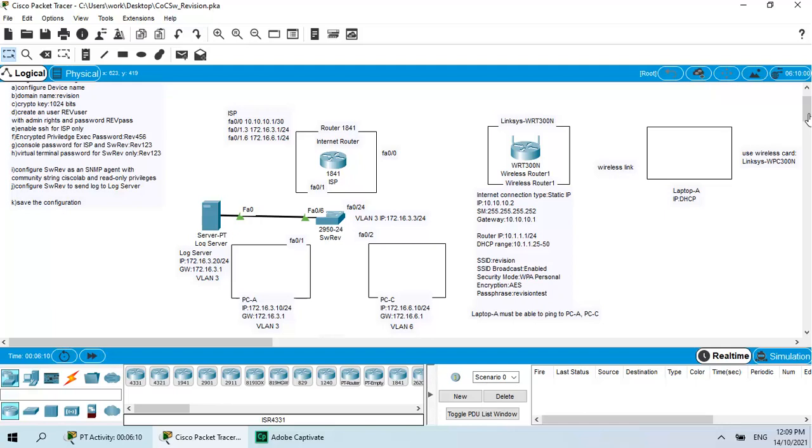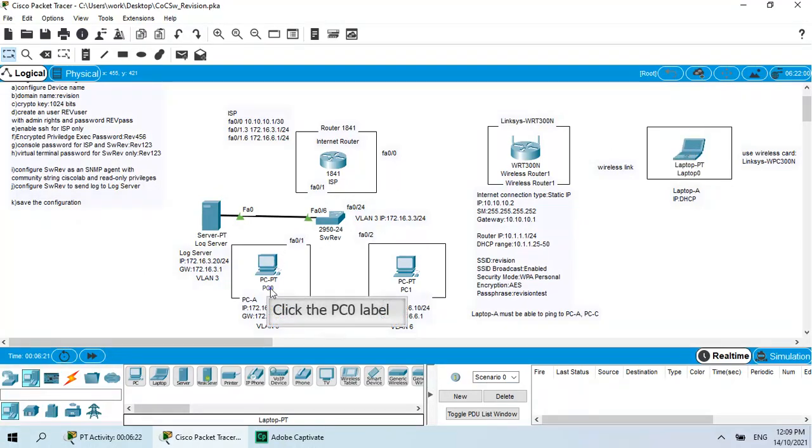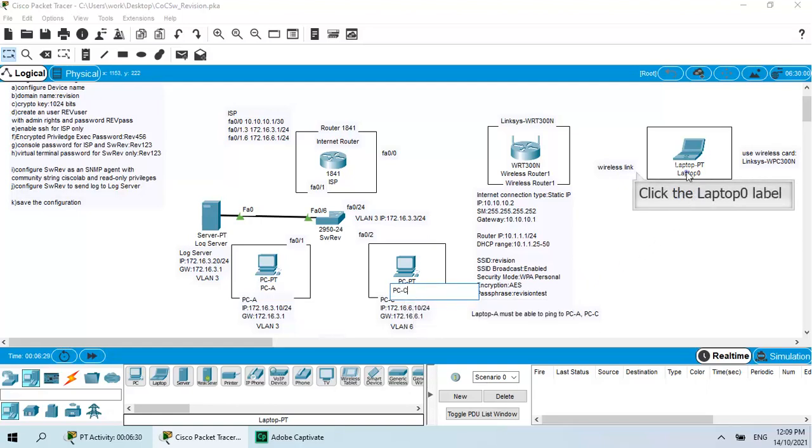First, definitely we need to insert some end devices, as you can see from here. We need to insert some PCs and laptops and do the necessary connection. Click on the end device main category and drag 2 PCs out to the main workspace and 1 laptop as highlighted here. Change the label of the PCs to suit the requirement, PCA and PCC, and for the laptop will be